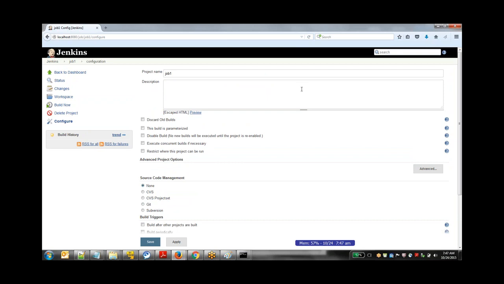Fine. Now description, as it says, you're just going to say what it is required for. I'm going to say this is a test job. Now the first option here says discard old builds. Now again, going back to the features of Jenkins,